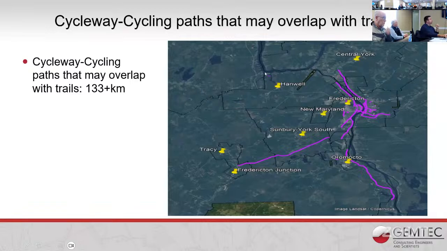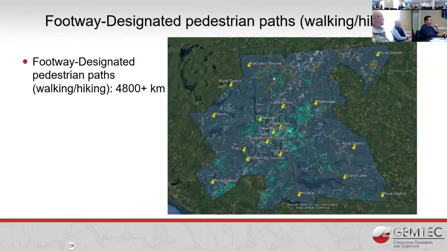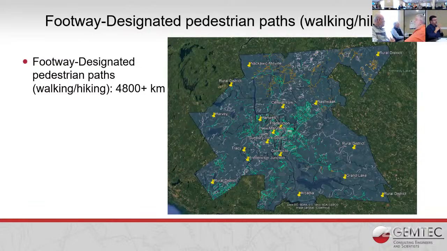And there's a tiny one here in Hanwell proper. There's a lot of footway and pedestrian path within the capital region. It's a spaghetti mess. It's overwhelming. So all these small lines, the green and the brown, represent footway path. And again, in the demo, we'll get to zoom in more in specific areas and specific locations if you wish.